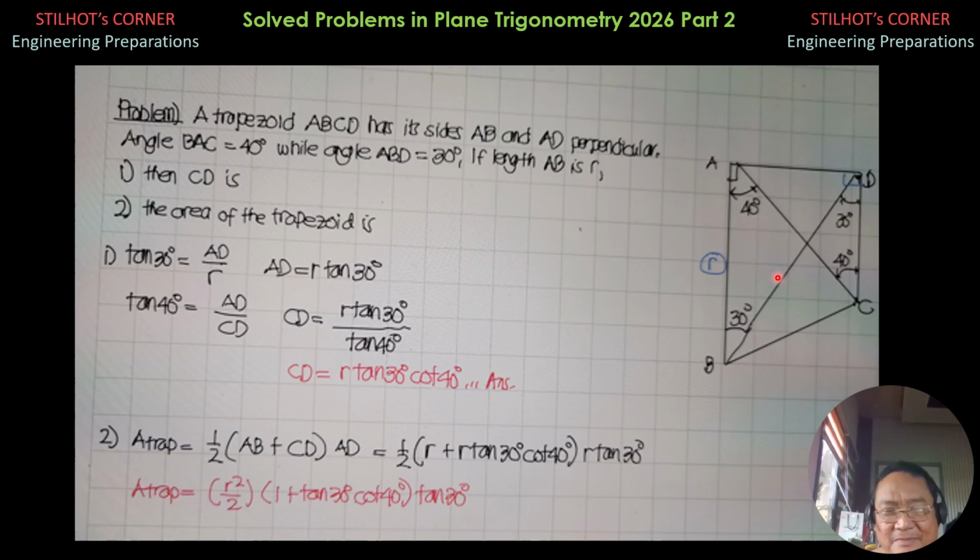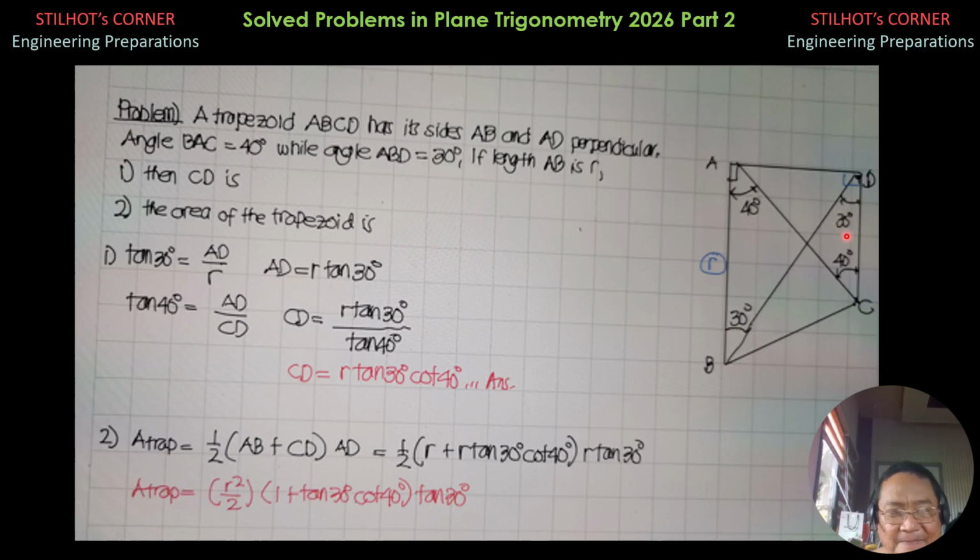So from geometry, transversal angles are equal. This angle here is equal to this angle because this side and this side are parallel to each other, and we have a common diagonal. Likewise, since AB and CD are parallel, this is the common diagonal. So if the measure of this angle is 30 degrees, that's also 30 degrees.